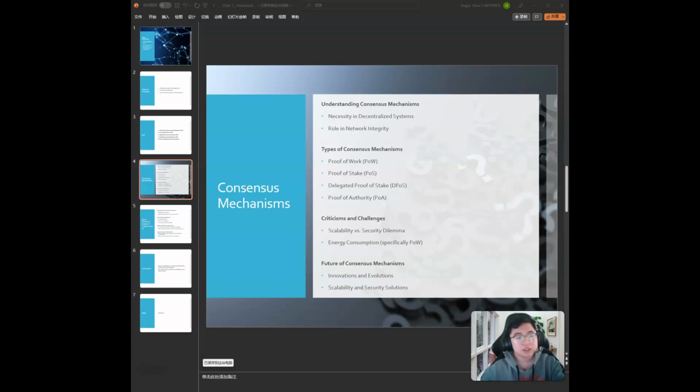For the challenges of embedding consensus mechanisms, I will just say one by one. For the POW, while secure and decentralized, it is often criticized for its extensive energy consumption and limited scalability. For the POS and the DPoS, while scalable and potentially more energy efficient, they raise questions concerning